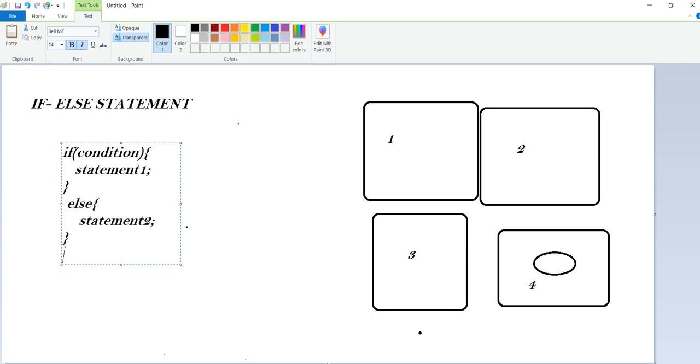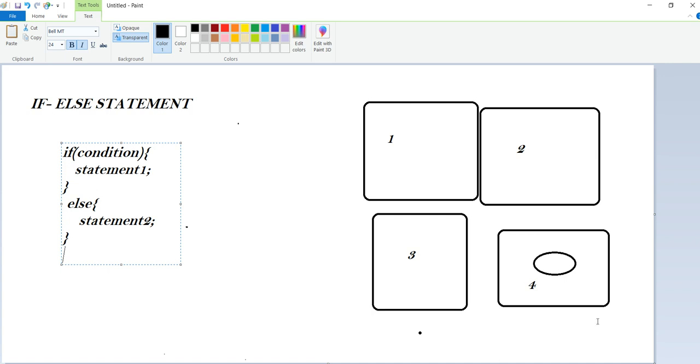If the condition is satisfied, then it will be executed, and if the condition is not satisfied, then it will execute the else block, just as I said.